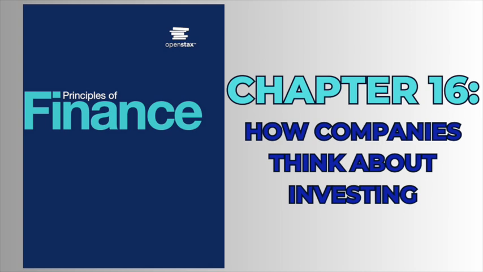Profitability index, PI. The profitability index, PI, uses the same inputs as the NPV calculation, but it converts the results to a ratio. The numerator is the present value of the benefits of doing a project. The denominator is the present value of the cost of doing the project. The formula for calculating PI is PI equals PV cash inflows over PV cash outflows.